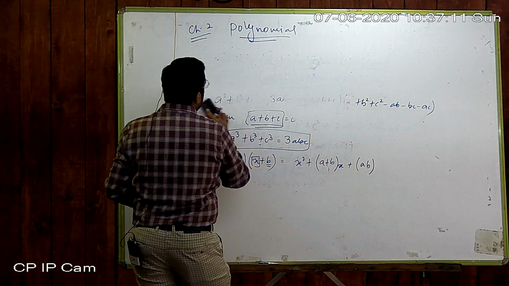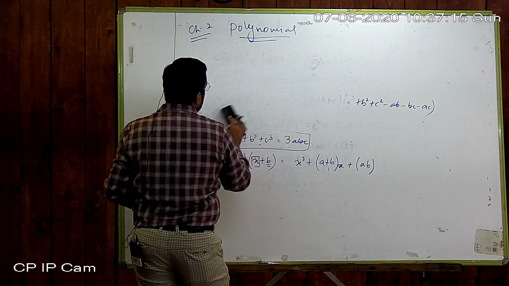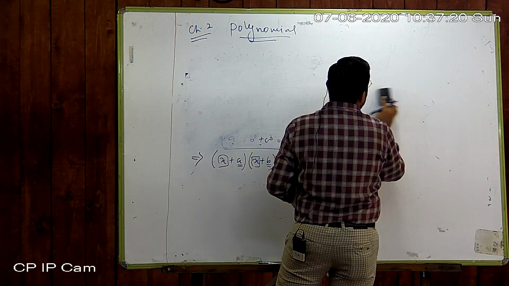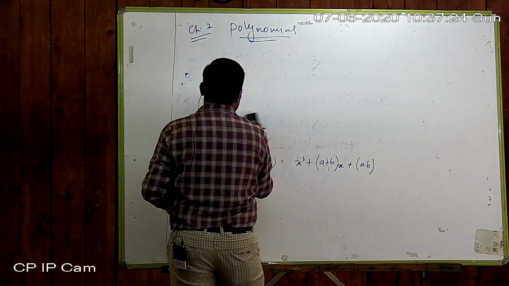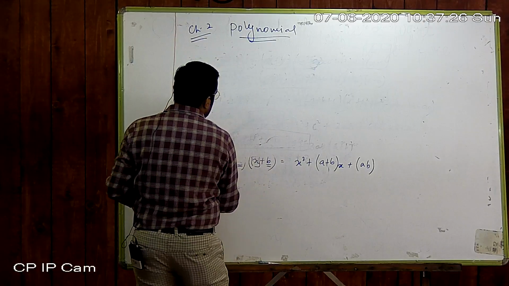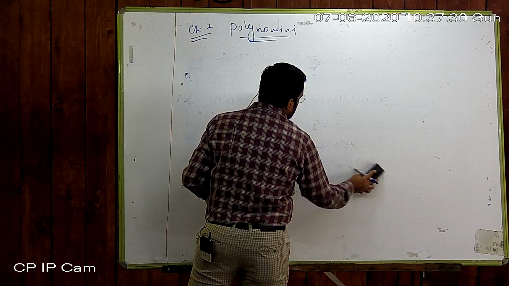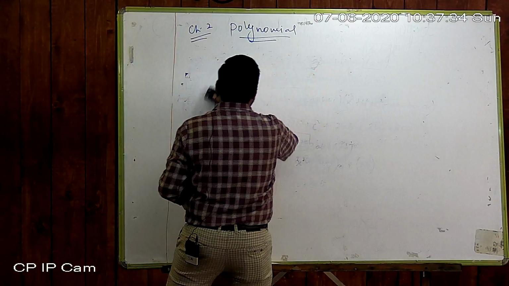Now we can use all the formulas in numerical values, and using some examples we can check which formula has to be used in different kinds of examples or sums. All of the sums using these formulas are asked as 2 marks or 3 marks sums always from the examination point of view.